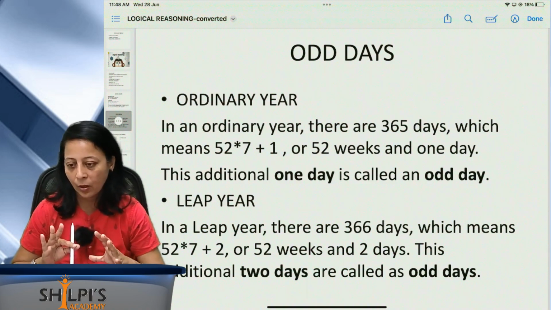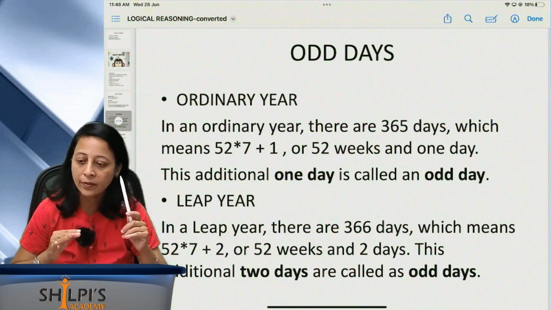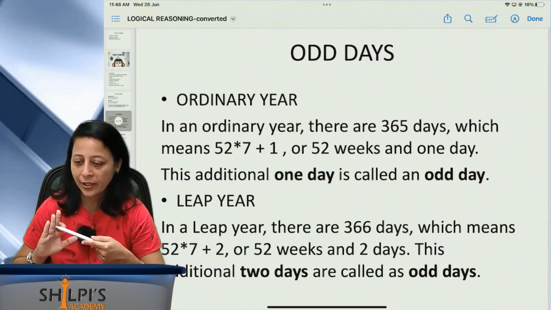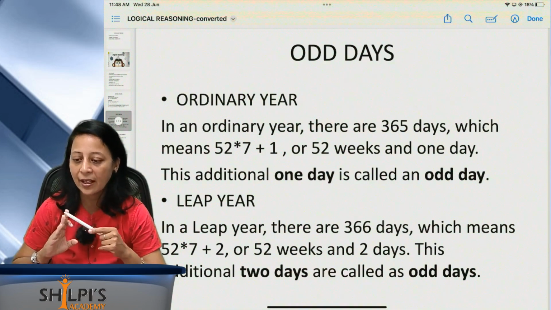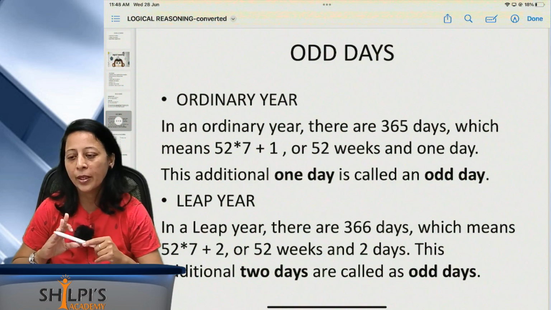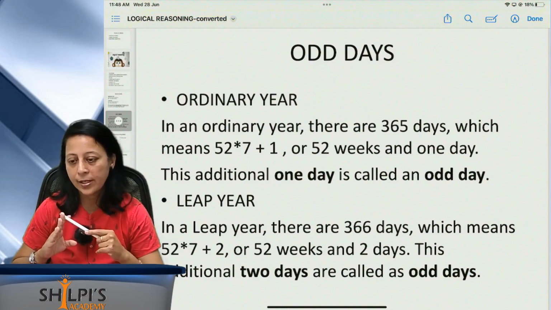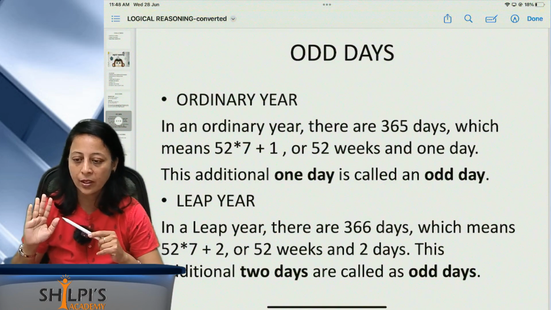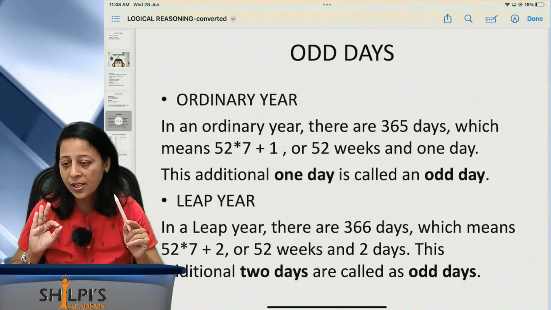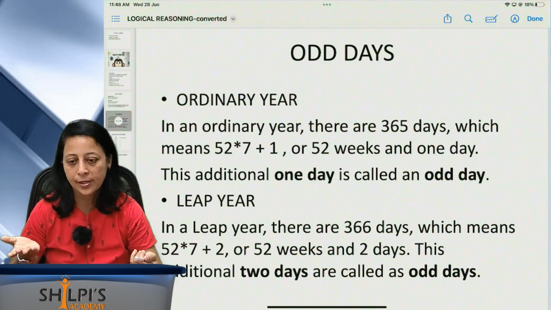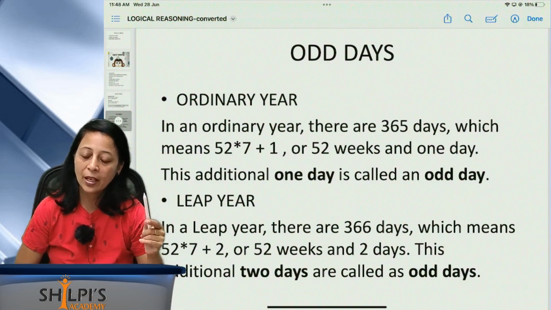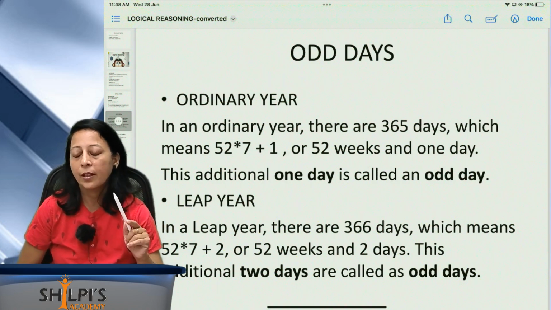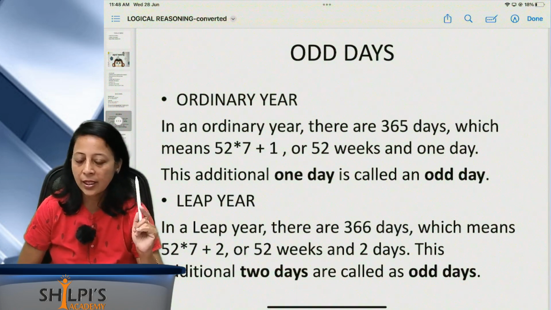At the end of the day, your days have to be arrived at for a week, though you start with a year or a month. Because whenever we talk about a calendar, the days are Monday, Tuesday, Wednesday, Thursday, Friday, Saturday, Sunday. So there are 7 days in a week, and those 7 days will be the answer for any question. So whether the days are given in a month or a year, everything has to be divided by 7.